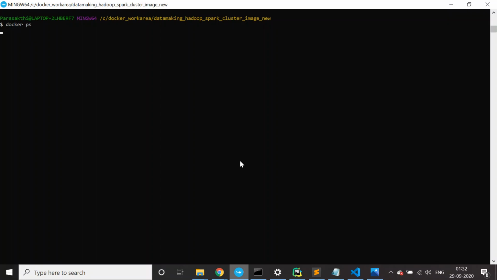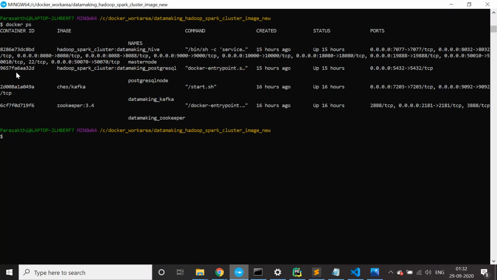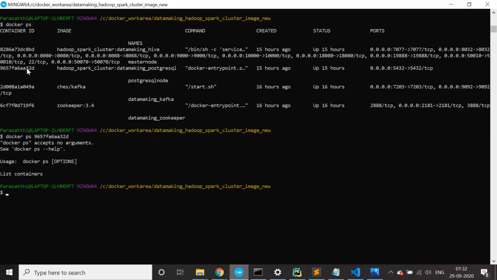Open the Postgres container. Docker ps. Then docker exec -it, interactive mode, container name, and bash, and you are logged in. Then psql.